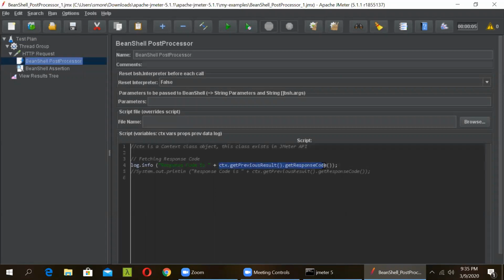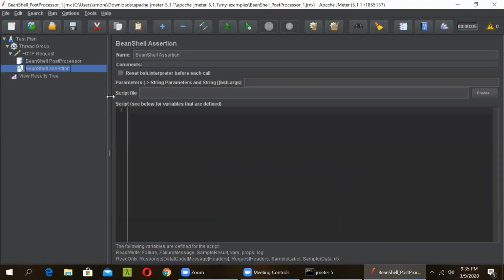Using this, we are fetching the response code, right? So we will use the same code, copy it, and write the if else logic in here. As BeanShell is based on Java, we will be using if else logic. So we will consider if this condition holds true. As we are using Java, just write equals, then again bracket, and we are comparing it with the value. So if this condition holds true, then